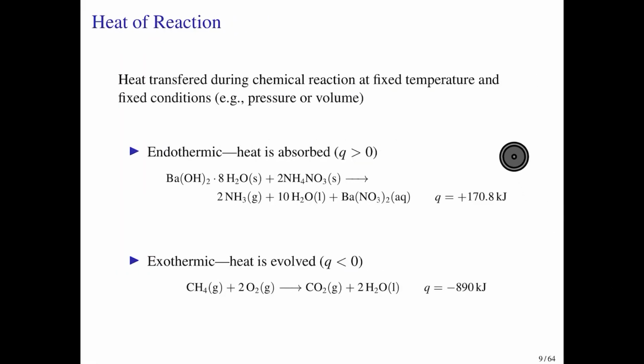We are interested in the heat flow associated with the chemical reaction. Okay, here are some examples. For an endothermic reaction, the heat is positive, and here's an example. Here we've got this barium hydroxide hydrate reacting with another solid, ammonium nitrate. When you mix these two solids together, you'll form these products, and the surroundings will get colder. That is, the chemical reaction is going to absorb thermal energy from the surroundings,